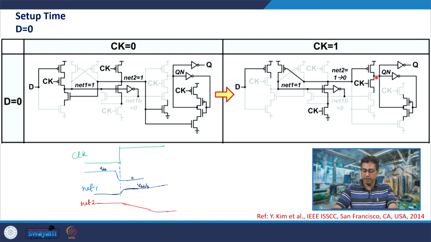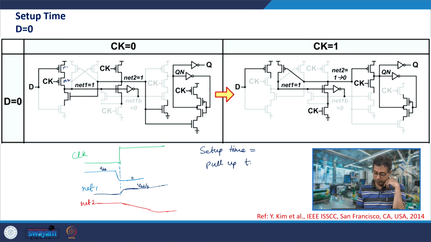So this can result in a setup time violation, and therefore you should have net 1 charged to VDD before clock turns high. So setup time therefore is the delay of charging net 1 from 0 to VDD, the pull up delay, or pull up transition time of net 1, which is charging through